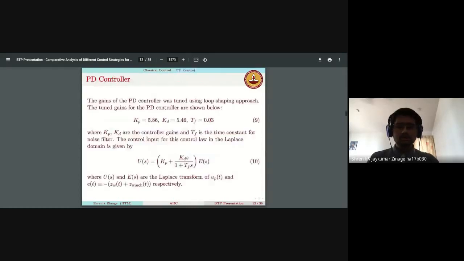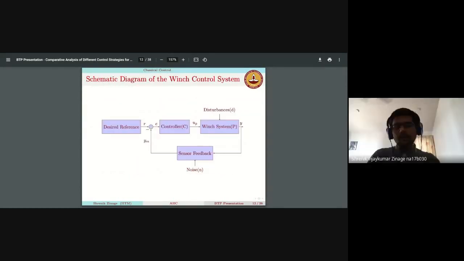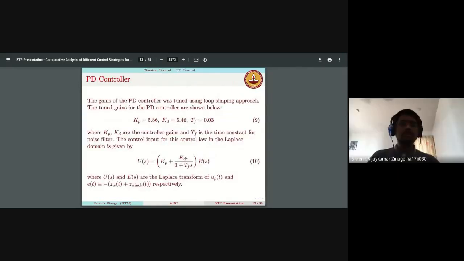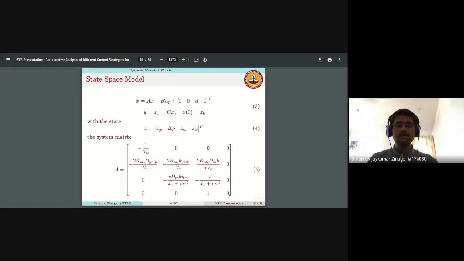So the first controller, Srini, this is a linear controller, right? Yeah, linear control. Okay. The first controller that I've used is the PD controller, which is a basic proportional derivative controller. In order for a controller to work, we need to tune the values to get the performance we desire. The reason why I didn't use a PID controller is because the plant already has an integrator inbuilt in it, in the sense that we are integrating ZW dot as well.